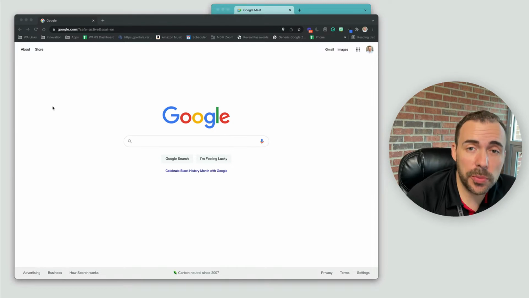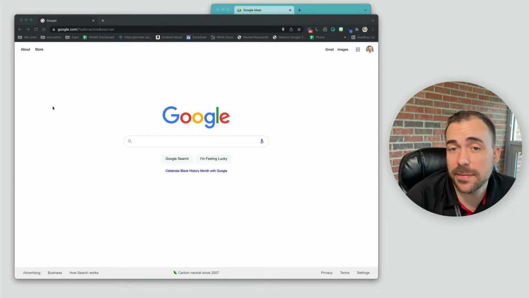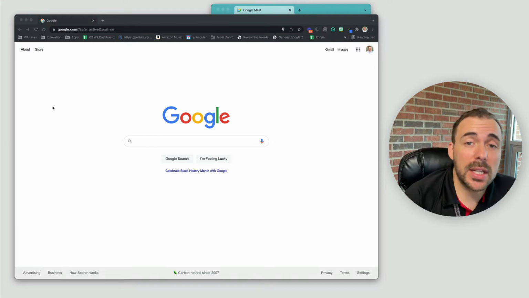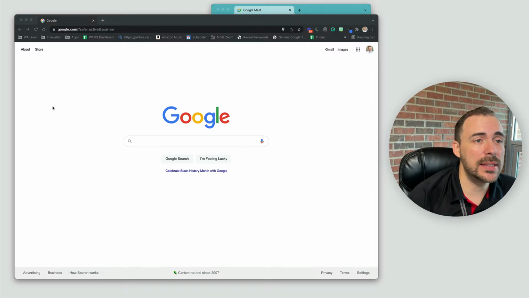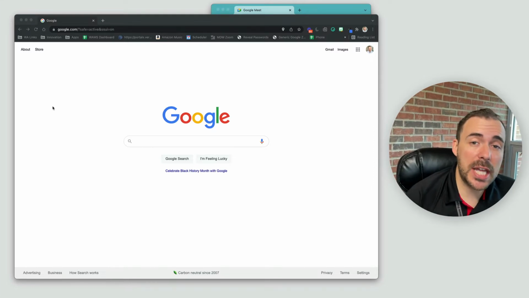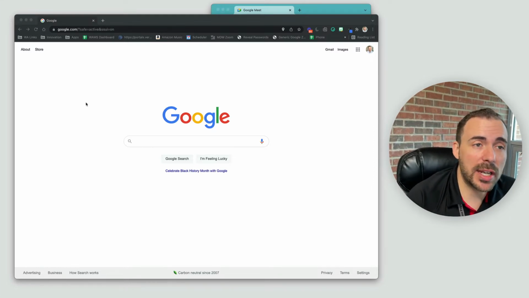So Zoom might be going away. It's very expensive, so we need some sort of alternative. Google Meet can meet our needs, and here's how you access it. It's really, really easy. Google Meet comes with our Google Workspace for Education account, so you can find it